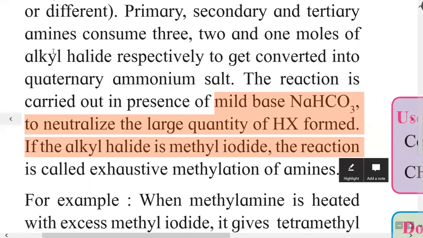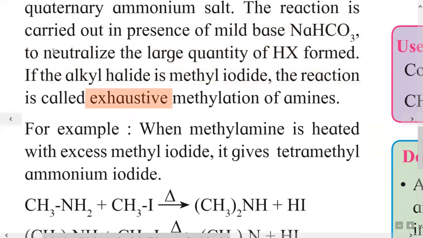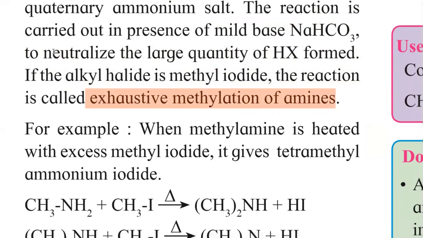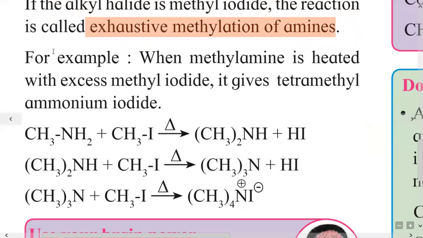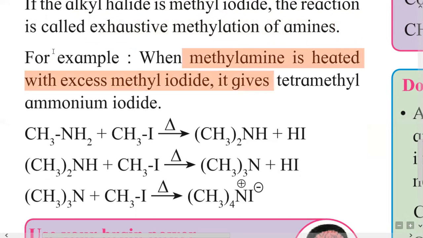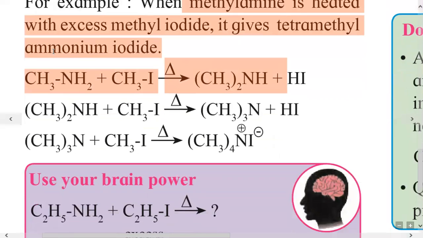If alkyl halide is methyl chloride, then the reaction is called exhaustive methylation of amines. Here the same example is taken. When methylamine, a primary amine, is heated with excess of methyl iodide, it gives finally tetramethyl ammonium iodide, and the reaction is